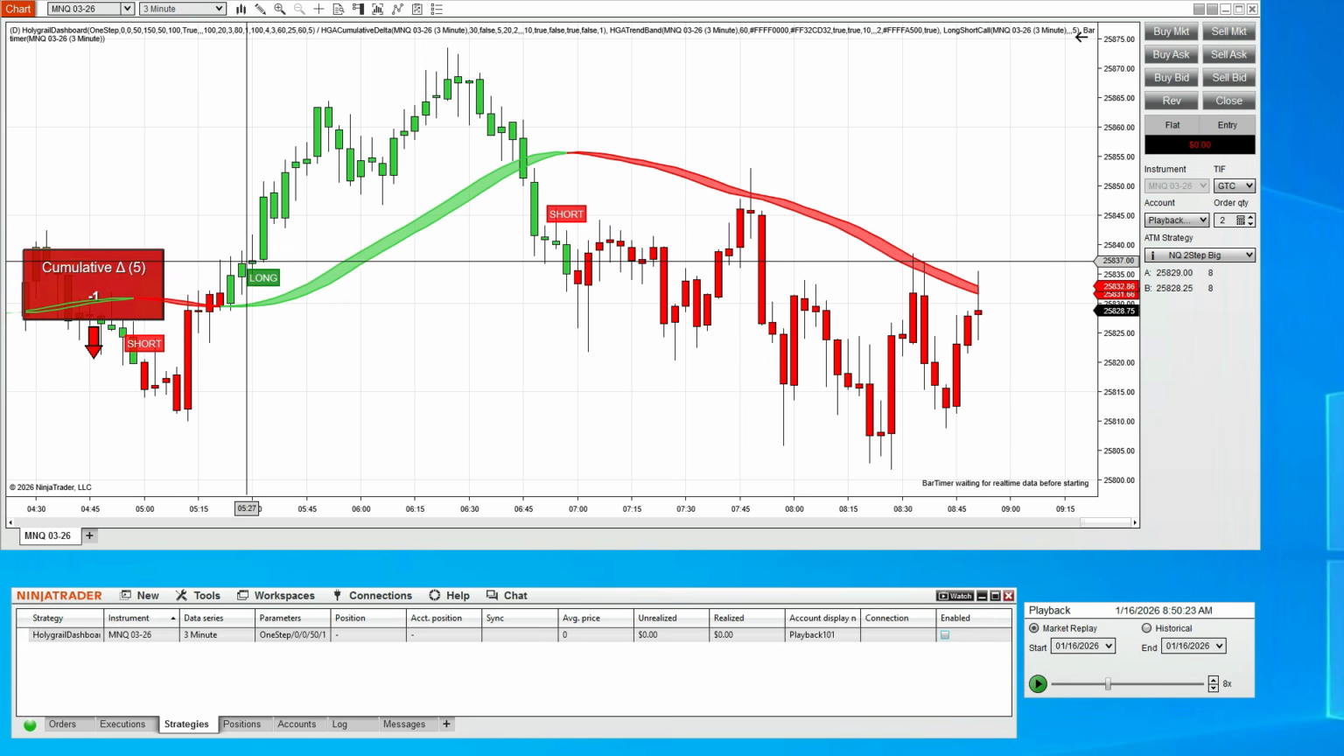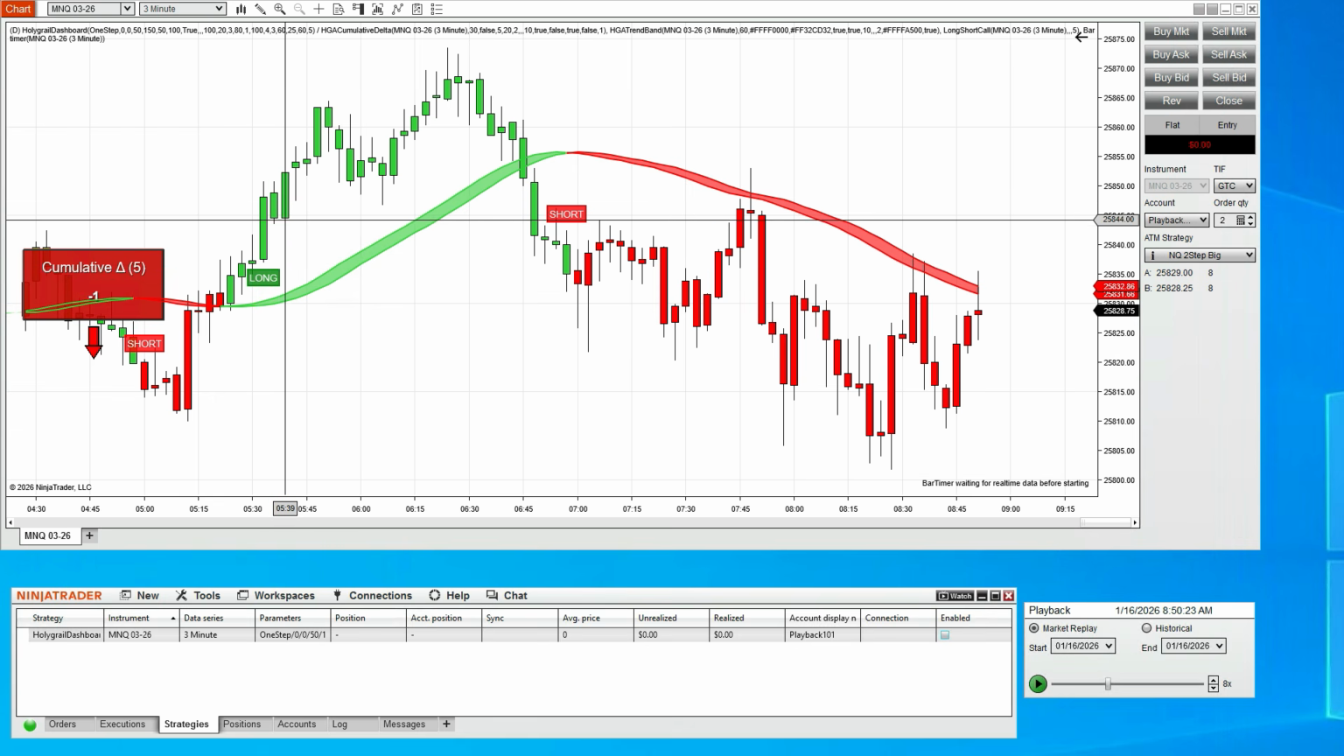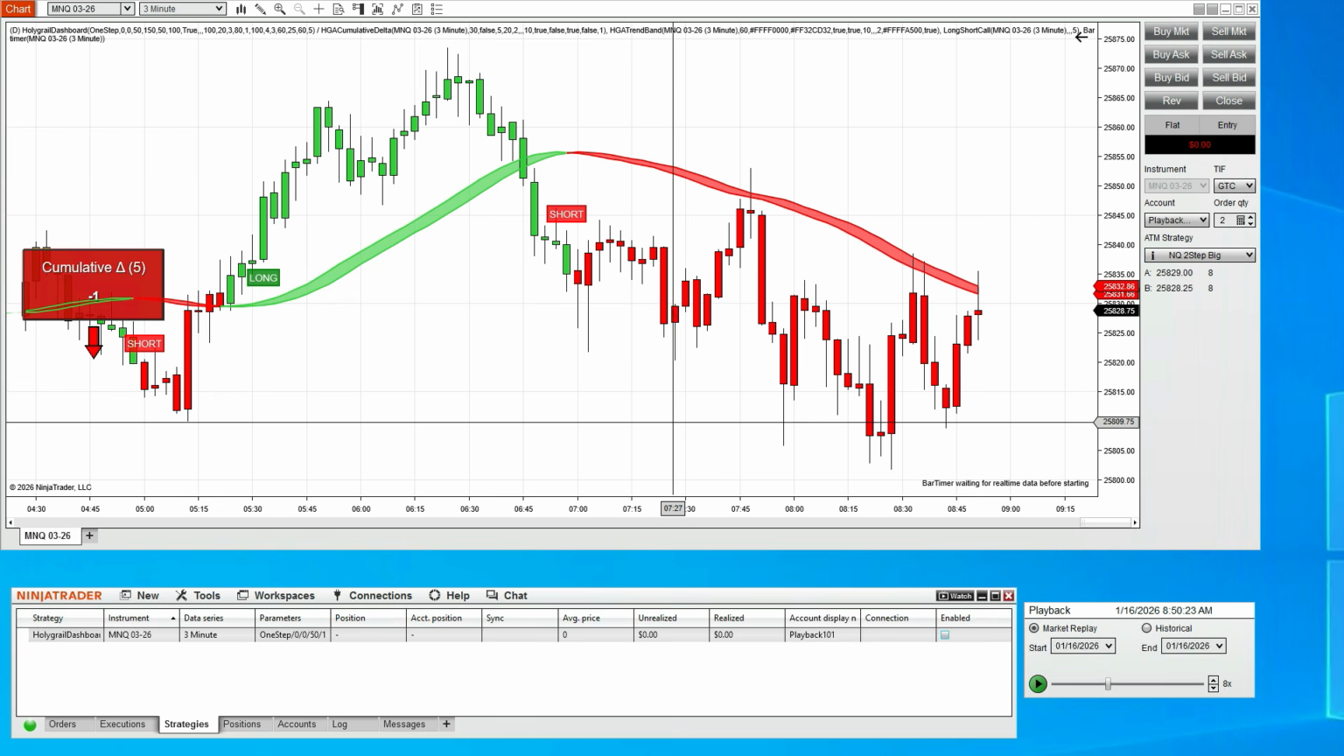Same thing on the long here. It's pushing up, pushing up. We got a long call here, had a little pullback, but it really went on to some nice profit. Now,